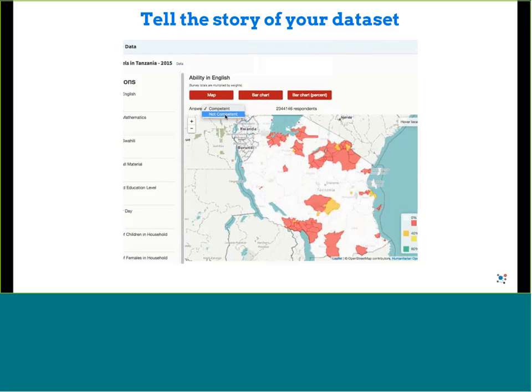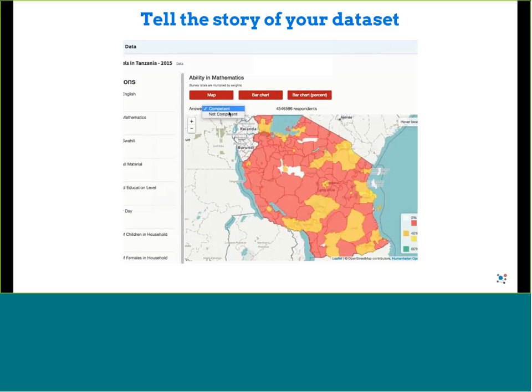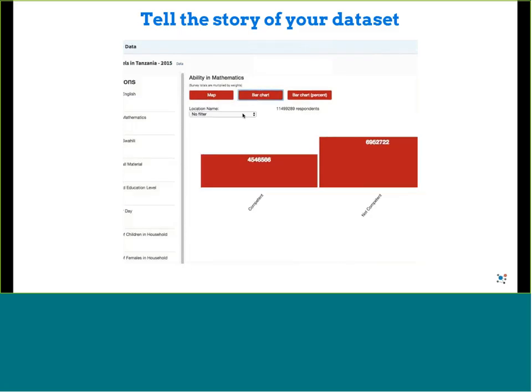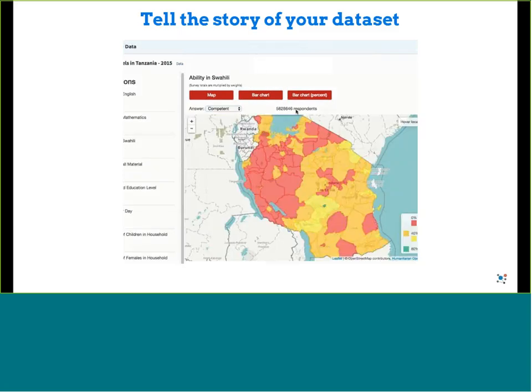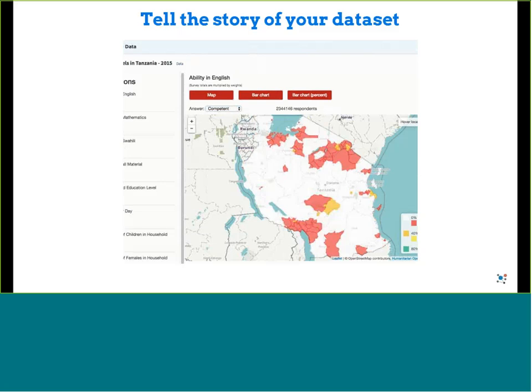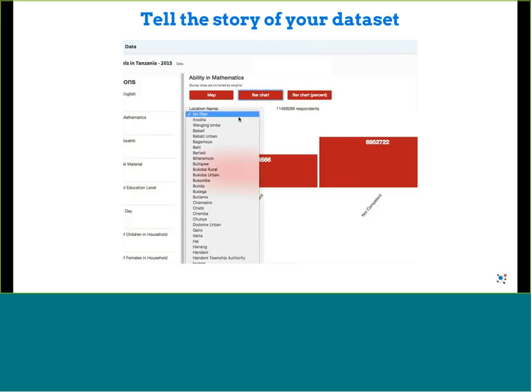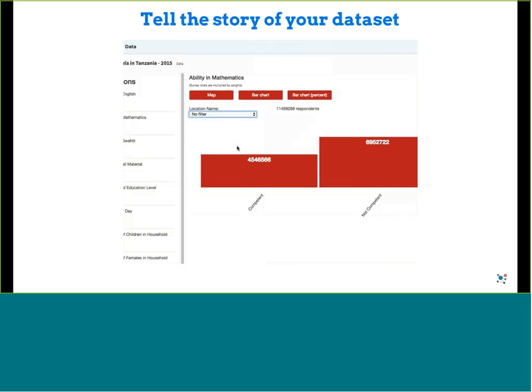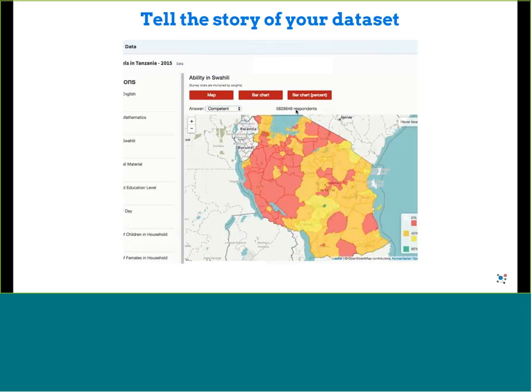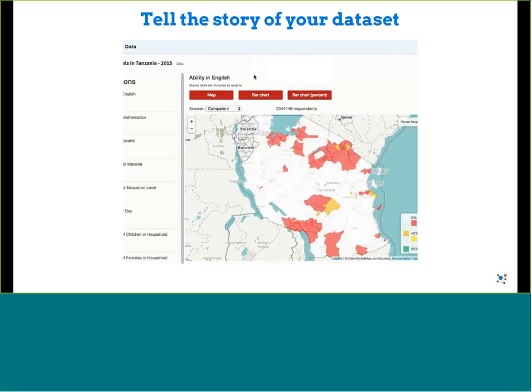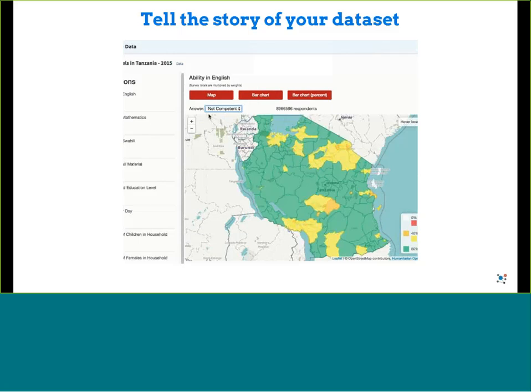And on HDX, we provide a number of data visualizations that really open up this data to a wider audience, and they can understand the data much faster. And for example, here you can see this was a survey, I believe done in Tanzania,